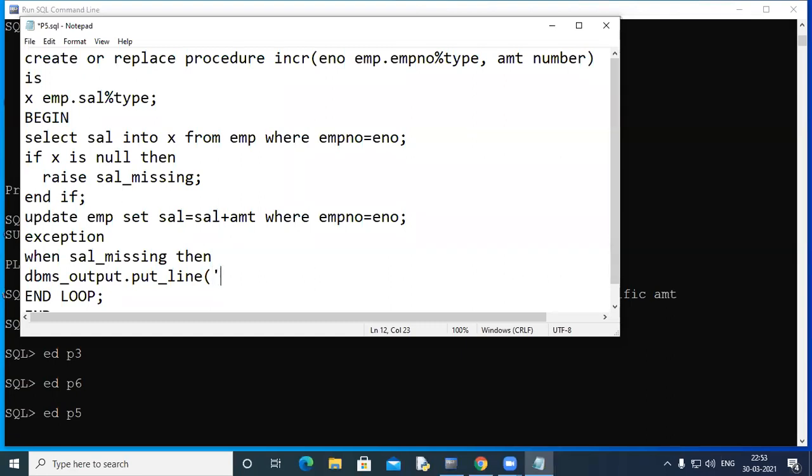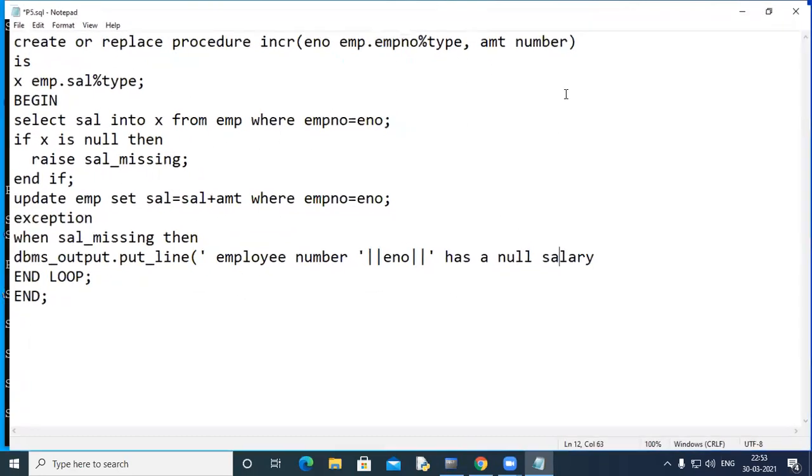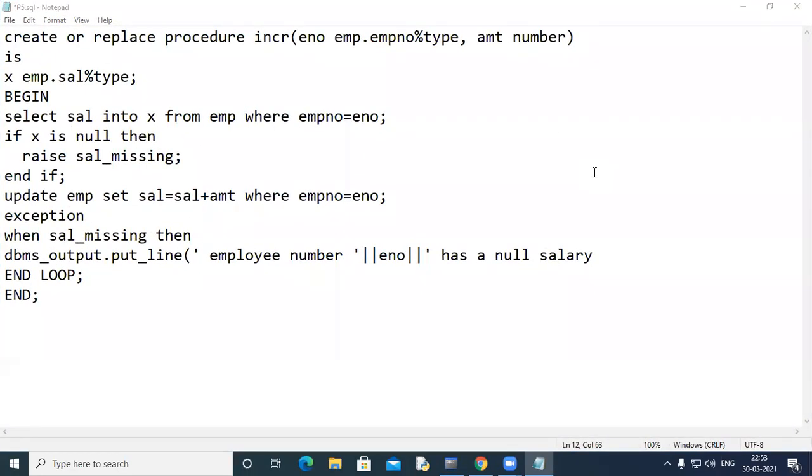But this employee number ENO has a null salary. Okay. I'll take some time to run it to the full, so that it is clear to all of you.